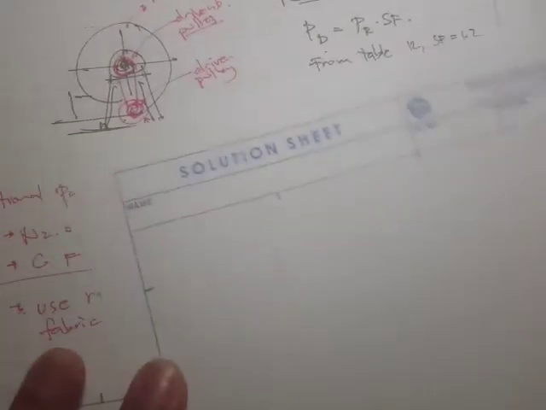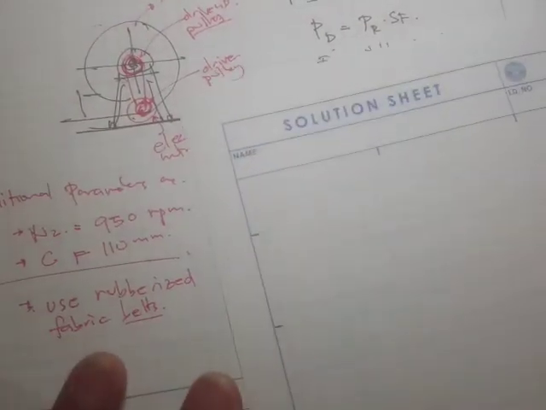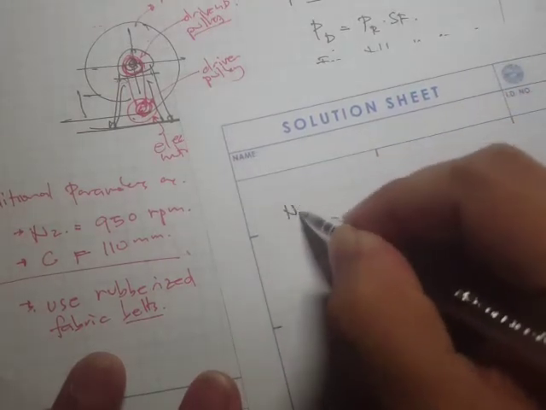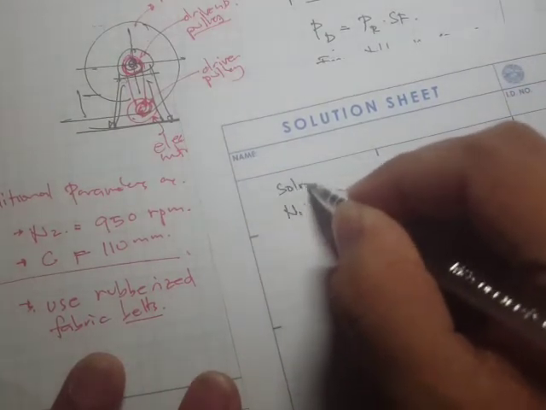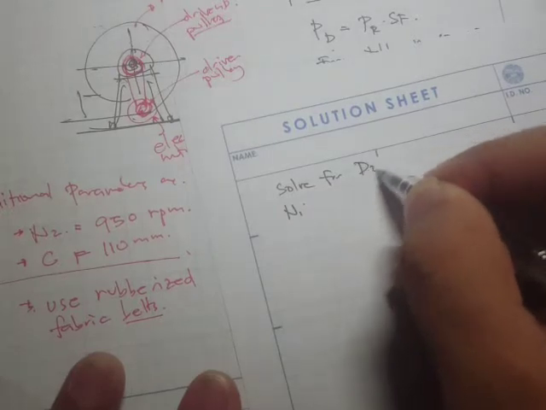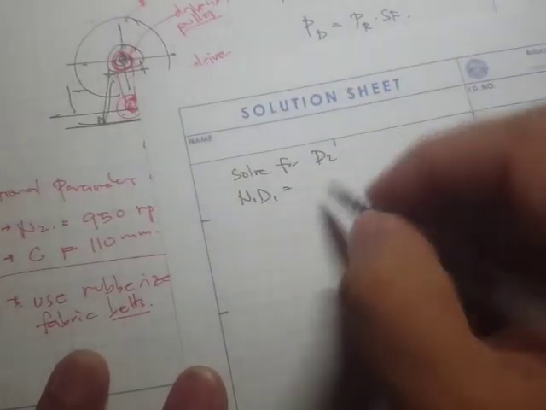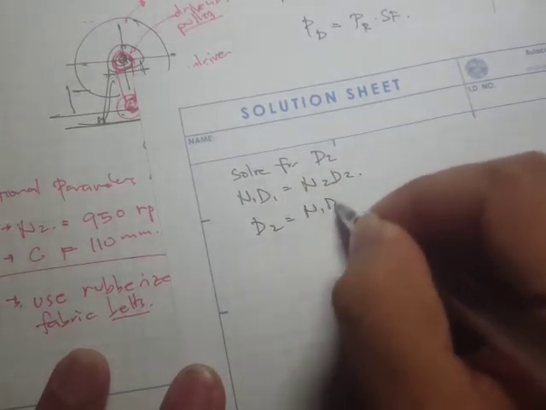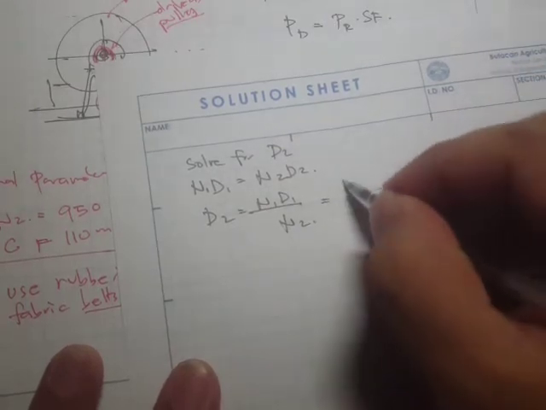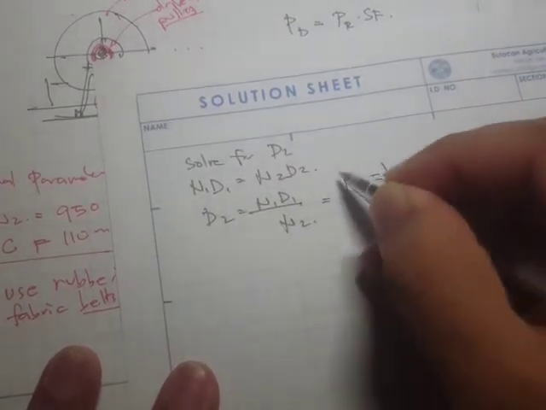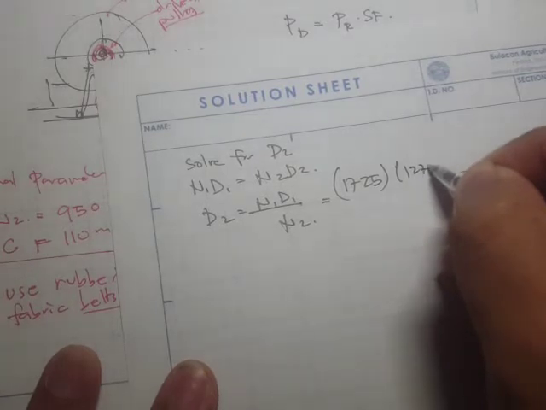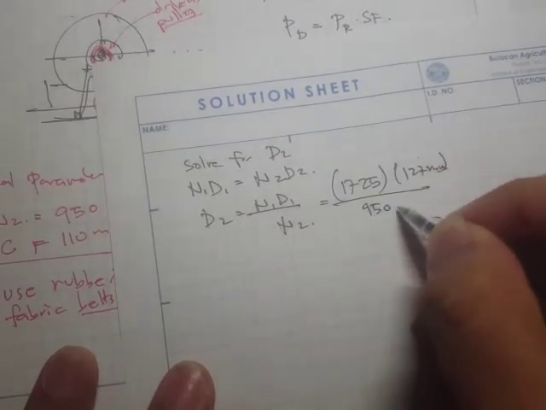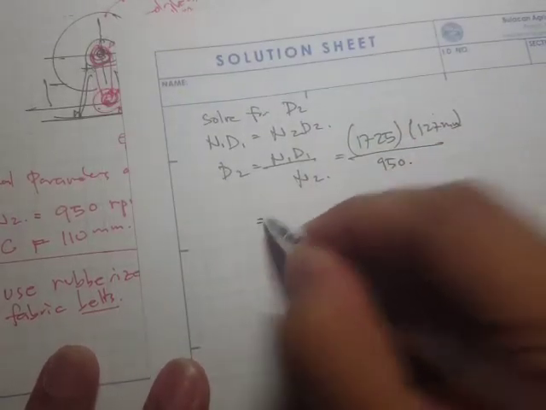And what else? We can also solve for the speed diameter relation, right? So N1 D1 is equal to N2 D2, and we solve for D sub 2. So D2 is simply N1 times D1 all over N2, and if we substitute all the values, this is 1,725 times 127, this is in mm, divided by 950, and therefore this is